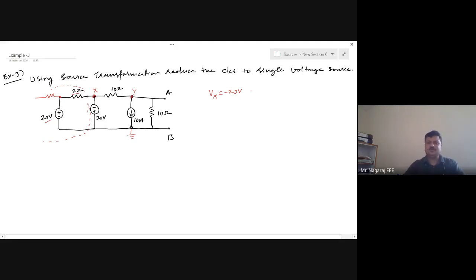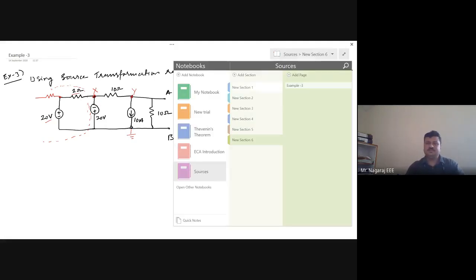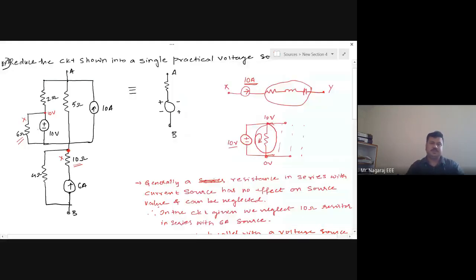It is like this, guys, in the same section 1, what we have seen, the first numerical. See, here this is 10 volts, right? The node voltage here is always 10 volts irrespective of this 6 ohm. Now in series with the 6 ohms, whatever comes, it has got nothing to do with this node voltage. It will be always 10 volts. Do you agree? Yes or no?